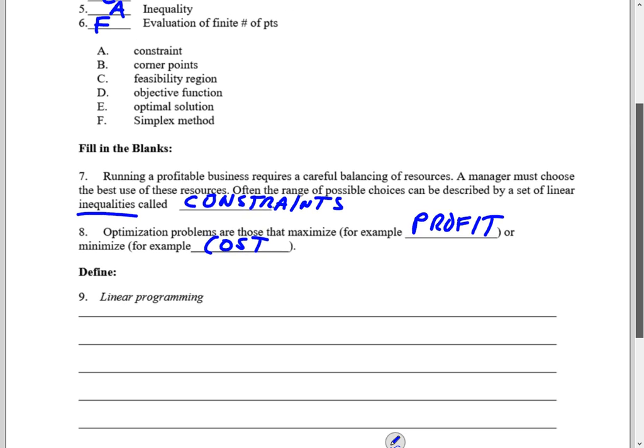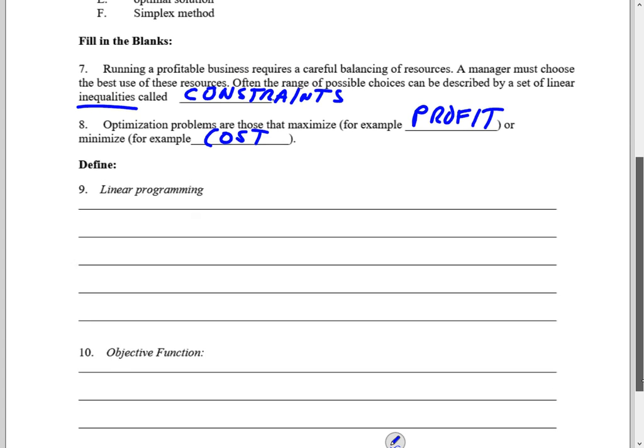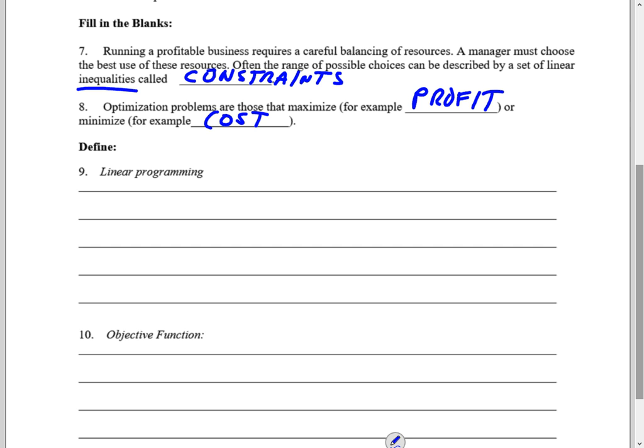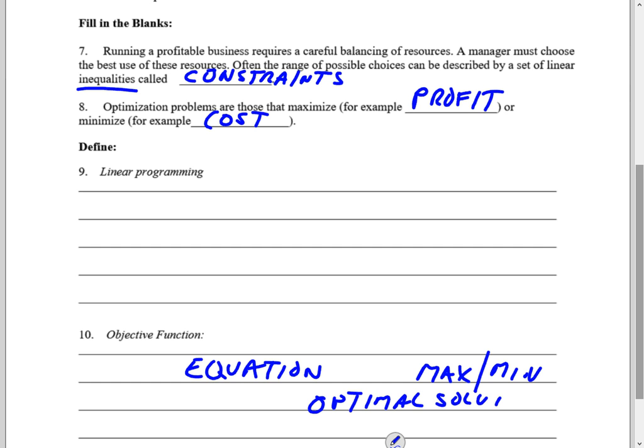I'm not going to write out the entire definition for linear programming and objective function. If you got half credit, you probably didn't write enough. Just saying that an objective function is an equation is not enough. Tell me a little bit more about optimal solutions. So I did need, if you had equation written down, you probably got half credit, but someplace in there you needed something about maximization, minimization, or maybe optimal solution within your sentence. Linear programming is a method